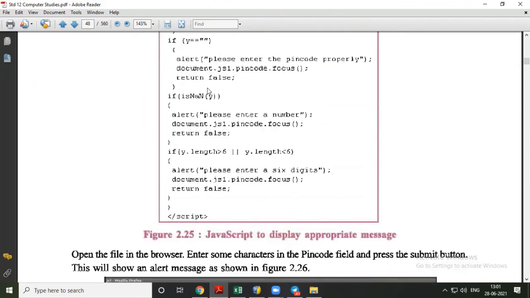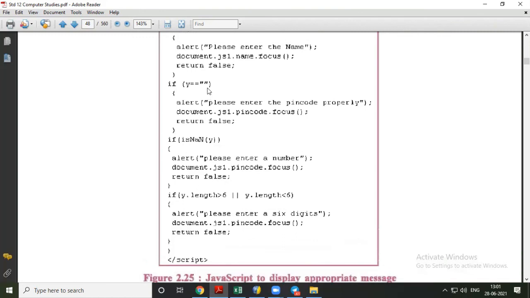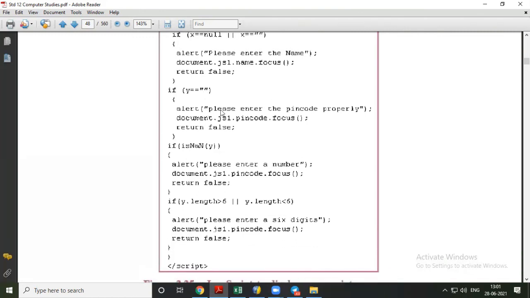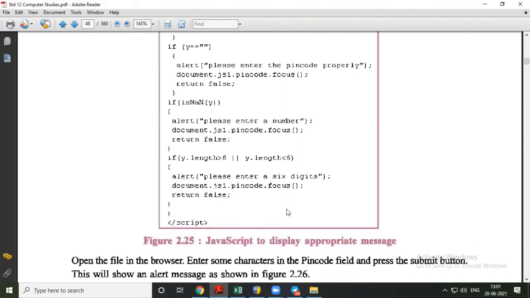This method is useful when you want to show different messages in different cases. So here when blank we are giving the alert message, enter the proper pin code. Here if it is not a number, then please enter a number, and if the length is not matching, please enter a 6-digit number. Like that. So we use this when you want to customize all alert messages.